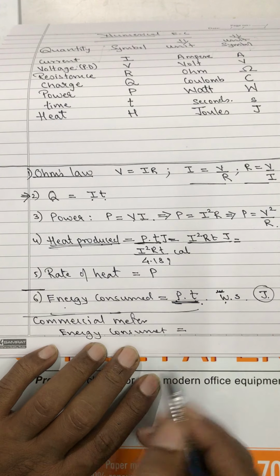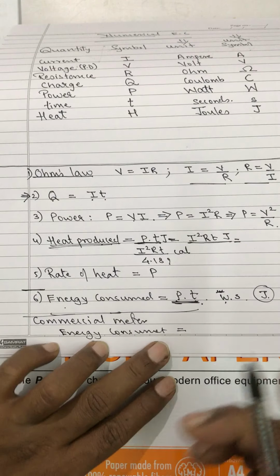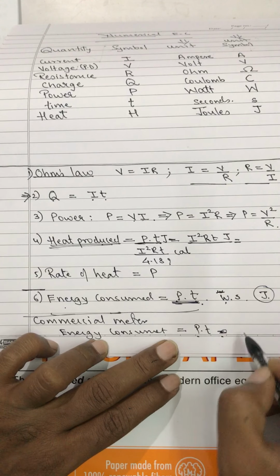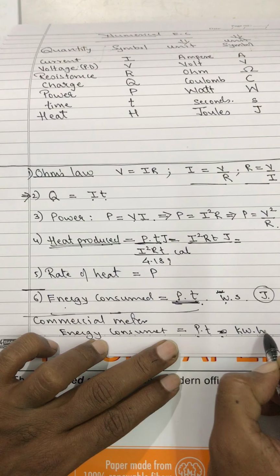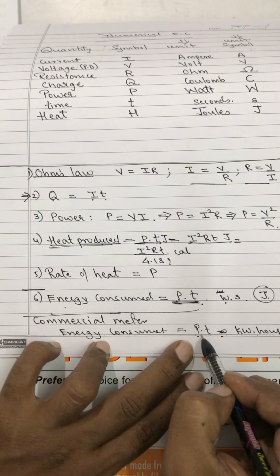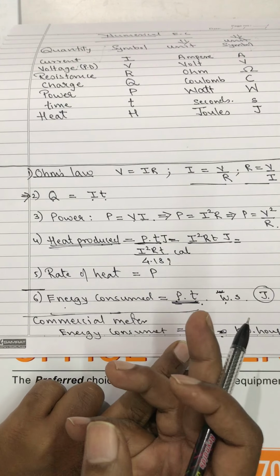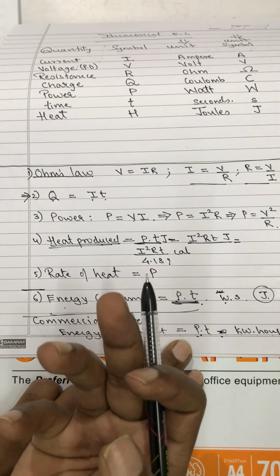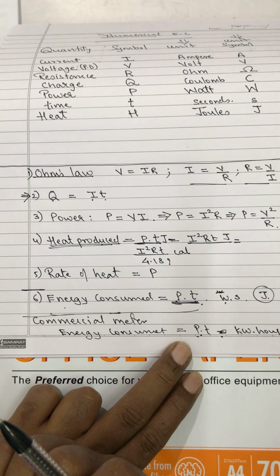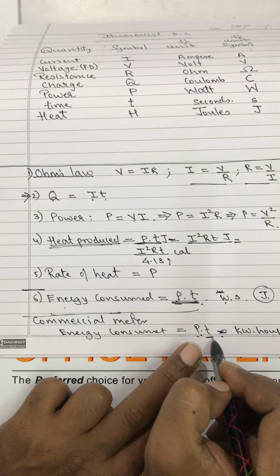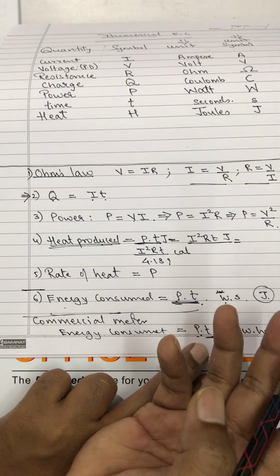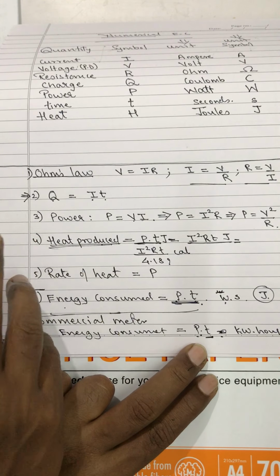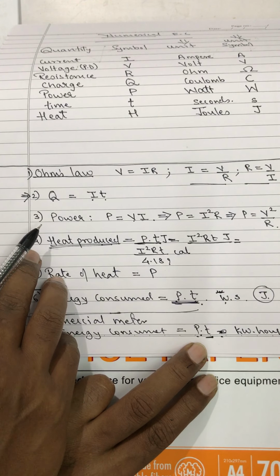But when it comes to energy consumed when you are going to make a bill, at that time you will use the same formula, but power into time will be found in kilowatt hour. Even if your power is given in watt, 50 watt, 10 watt, 2 watt, you will first convert it into kilowatt by dividing it by 1000. And time you will have to convert to hour. If they have given it already in hour, then it is fine. But if they have given it in minutes, then you will have to convert it to hour by dividing that time by 60.